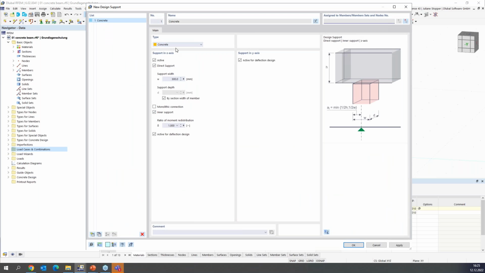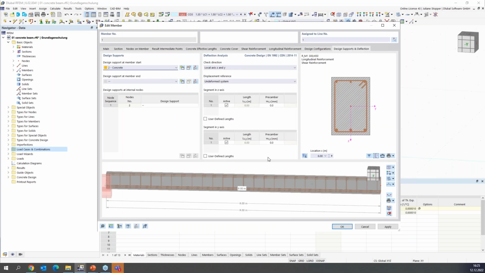It shall be a concrete support, a monolithic connection, and no inner support. I need this for my support at the left side of the beam, and I will have another one which will be an inner support and not monolithic. Here we can also see the support width. I keep the default setting. Okay, and here we can see our